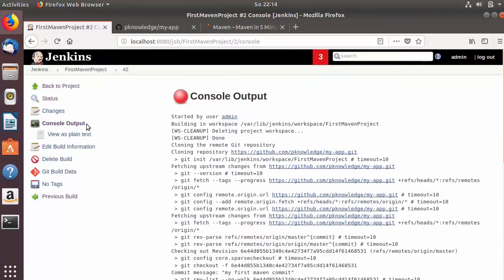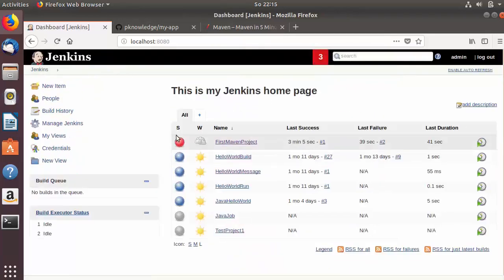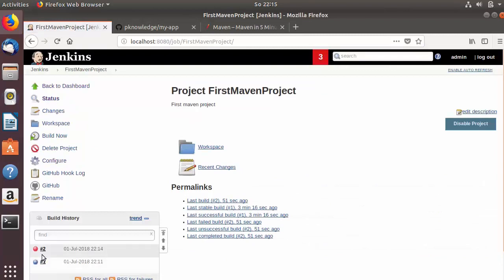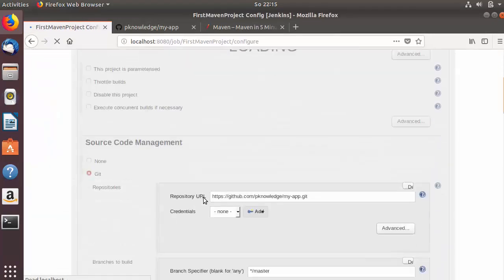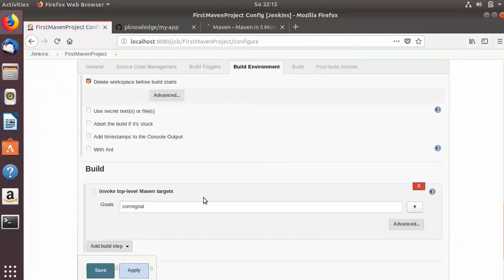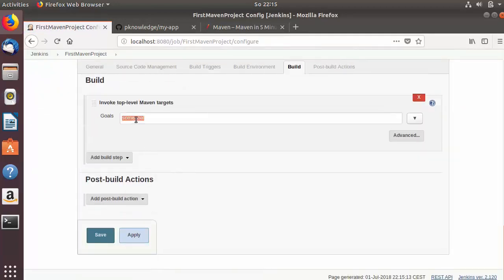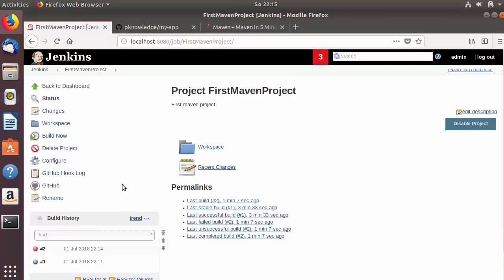And once we go to the home page of Jenkins, now you will see this red ball icon here because our last build was unsuccessful. Okay, so just give the proper goals here which are logical. So clean and test are the goals for running our Maven project, so we will just give those goals here, and once